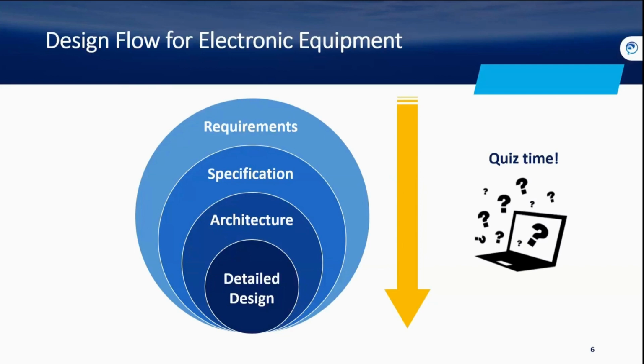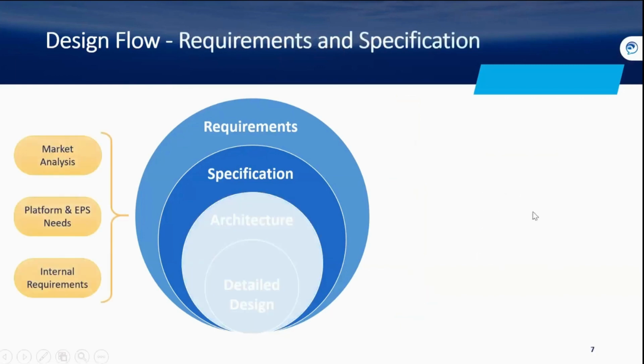And yeah, we can already start with the very first phase. Okay, so the very first phases are requirements and specification phases, and this stage is structured around three main principles. First, we have to take into account the market analysis Fabian has been telling us about in the first presentation. Secondly, we have to really know the platform needs and the electric propulsion system needs, which also includes the thruster